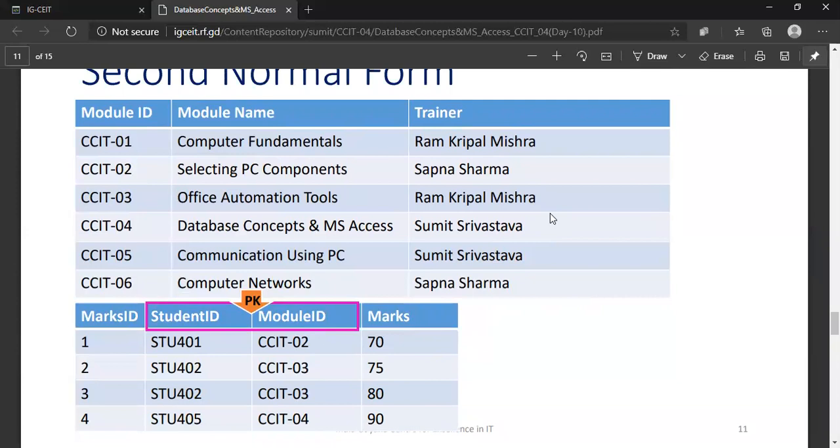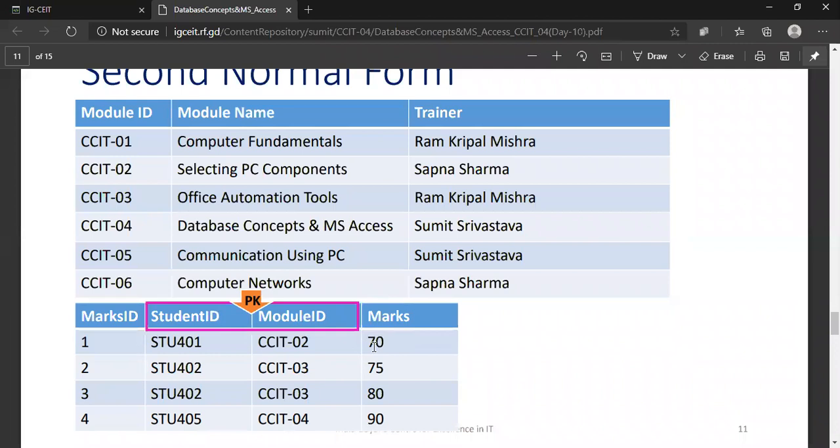So if you see in this table, I have module ID, module name, and the trainer. So I will easily find who taught this particular subject. If you see in this particular table at the bottom, we have primary key, student, and module ID. And I have marks given against each entry. If I have to see the name of this module and who taught this module, I can see it easily.